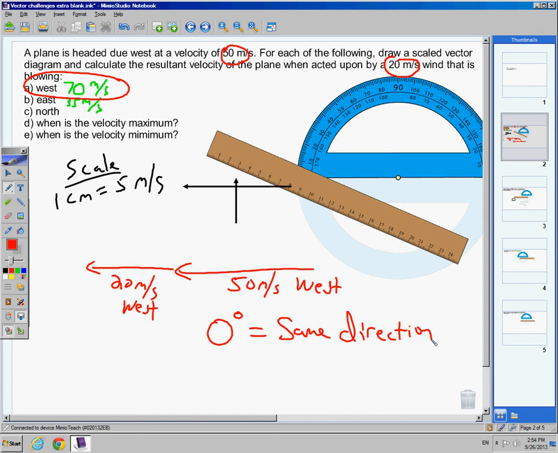And so they're actually working in the same direction. Now, granted, it's going in the west direction. Doesn't matter. If they both were acting in the north direction, that still would be considered 0 degrees because they're both going in the same direction. If they're both going in a southeast direction, still 0 degrees. So the answer is 70 meters per second and or 0 degrees, which gives you that same direction. The next question, though,